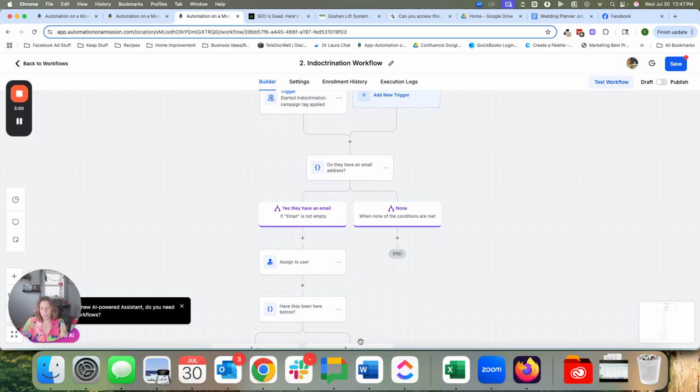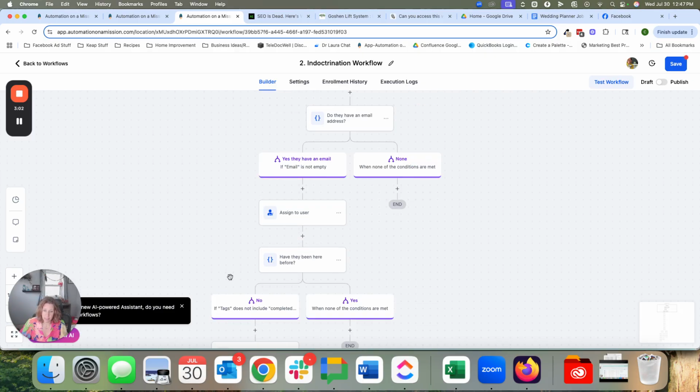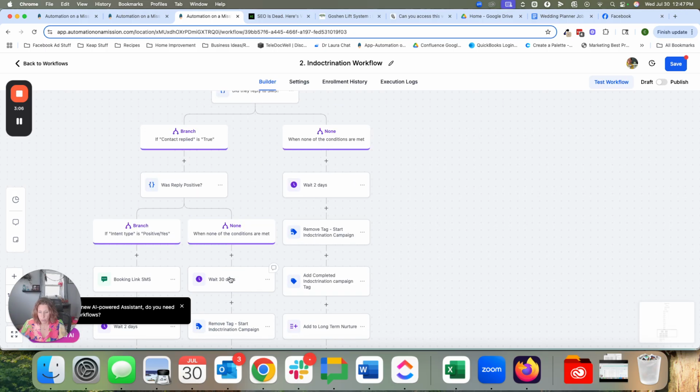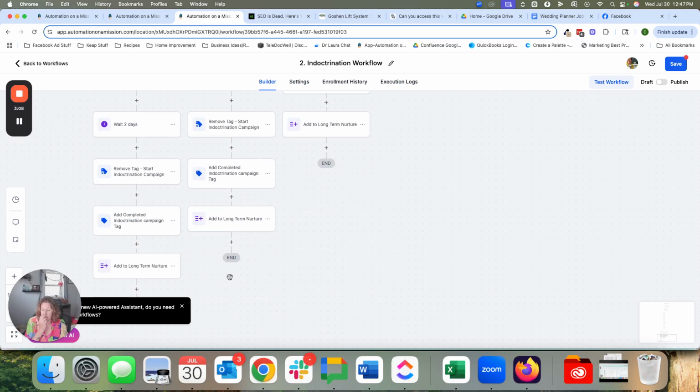So in our indoctrination workflow, we're going to give them an experience, yada, yada, yada. We're going to send all the emails out. We're going to do the things. And then, similar to what we had in our lead magnet workflow, it's going to move them to the next stage of the customer journey, and that is long-term nurture. All roads lead to the same place. Long-term nurture, long-term nurture, long-term nurture. And then the final one